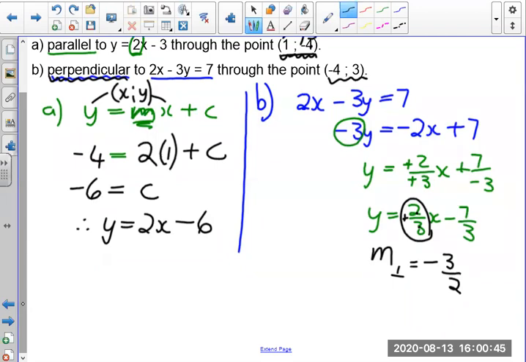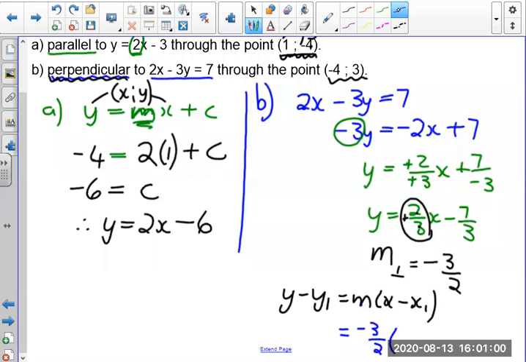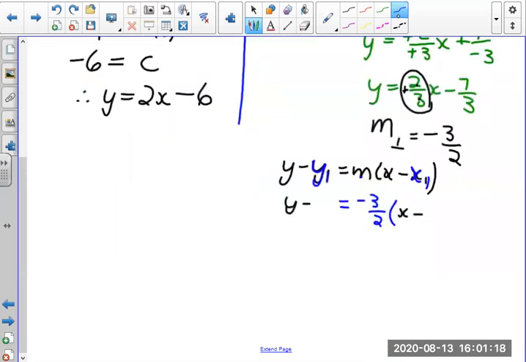Now I'm going to use the other formula that you can see that it works. Substitute, you know the new gradient is minus 3 over 2. You keep the y, and you keep the x. And what's the meaning of this y1 and x1? It's the point that you want to use. So I'm going to substitute that point, minus 4 and 3. So x I substitute with minus 4, and y I substitute with 3,